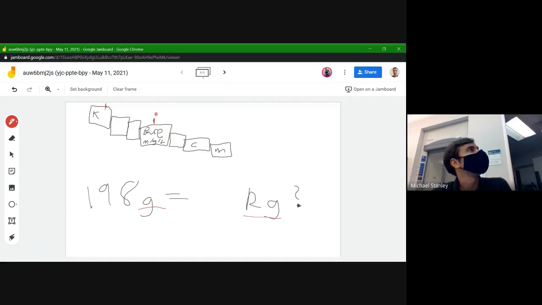So actually, I'm going to write a little S for starting over here and a little E for endpoint over here. So starting with the base, ending at kilograms. All right, step one accomplished. Step two